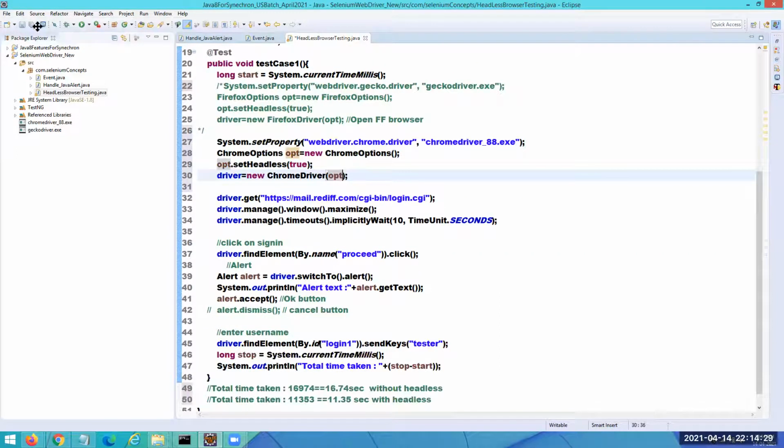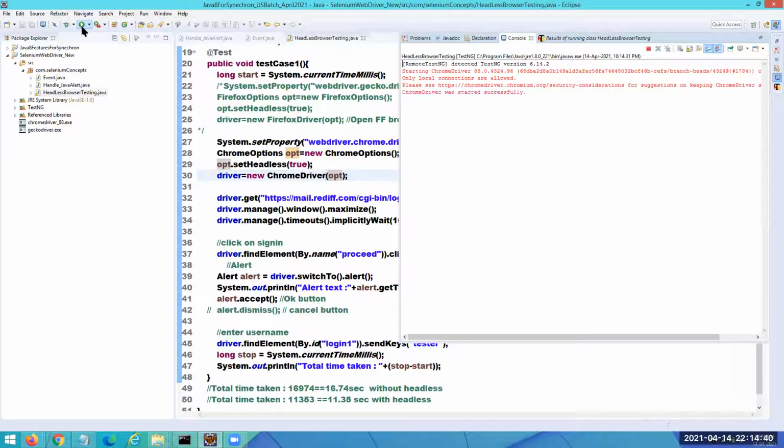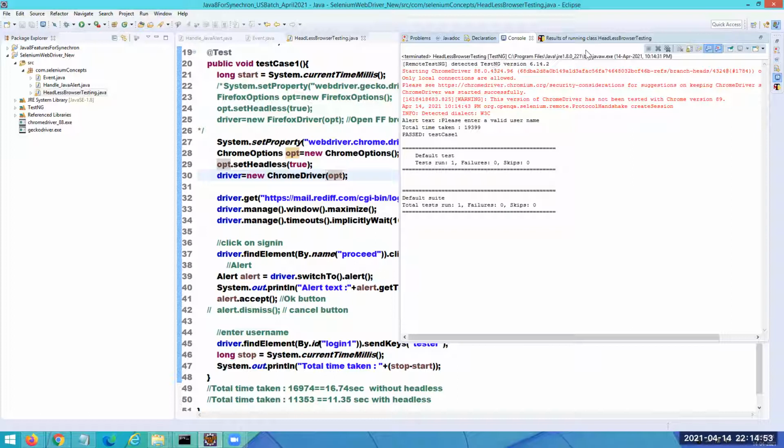Now you can see the same thing in the Chrome browser. Same thing is going to happen. Let us see how much time it's going to take in the Chrome browser to do the same thing. Without launching the Chrome browser, you can see it has not launched the Chrome browser. It's saying that Chrome driver successfully started, and it has given this text, and it has taken a bit of extra time here, 19.33.